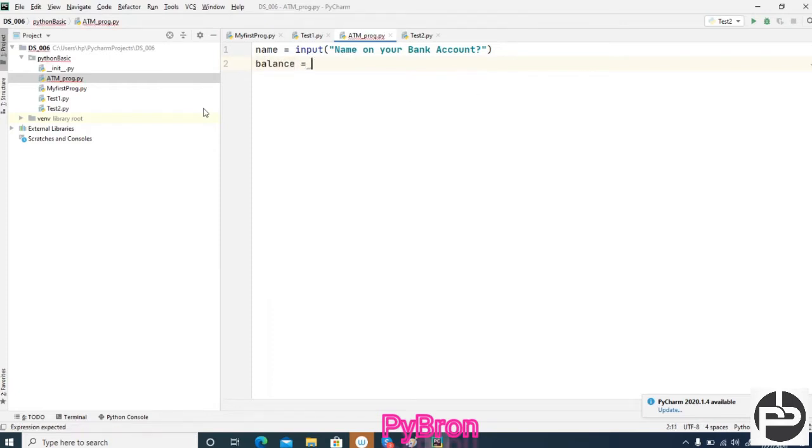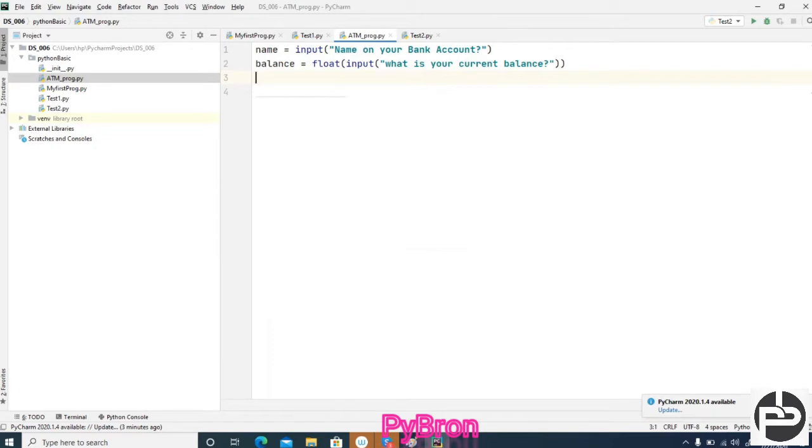You can ask like this. And input: we ask the user, what is your current balance? And don't you think this current balance, whatever you ask the user, will be a float or integer? The balance should always be float. So we have to typecast this string value to float, because the input method always returns a string. Got it? As a programmer, it is our responsibility to convert the string value into float.